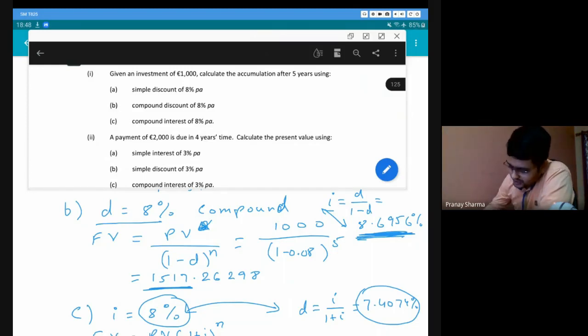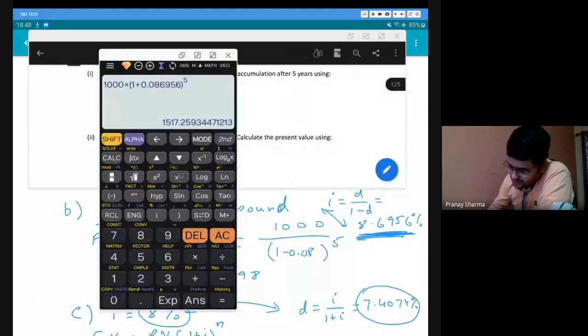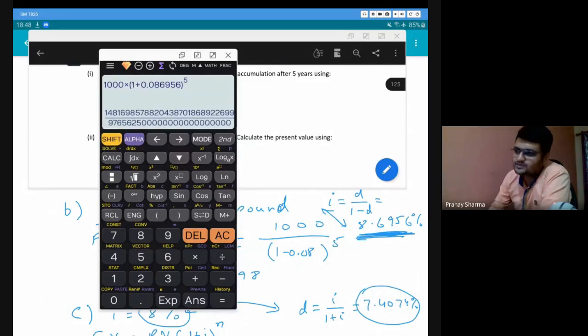So for our calculator, whenever you have a fraction, if you press SD, it gives you a decimal, or if you have a decimal, if you press SD, it gives you a fraction. Sometimes it does not give us a fraction because in our computer, it might be giving us such big fractions, but in our actual calculator, it might not give us such big fractions. So sometimes it does not convert it into a fraction if it is a very big fraction. But if it is a fraction, if you press this SD button, it will definitely convert it into a decimal.